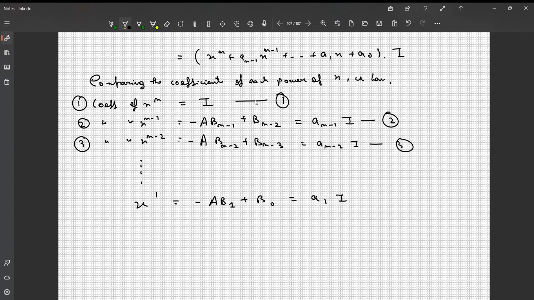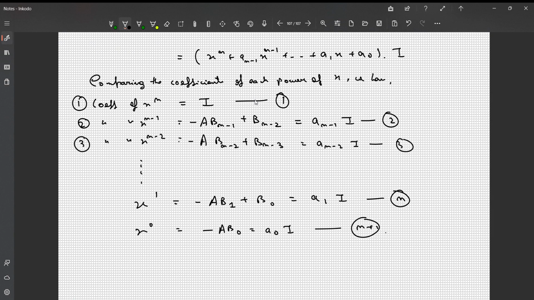So this is the nth equation, let's say, and then for x to the power 0 the coefficient is minus A B_0 equals a_0 I, and let this be the (n plus 1)th equation. Okay,